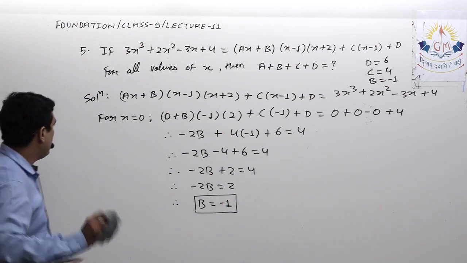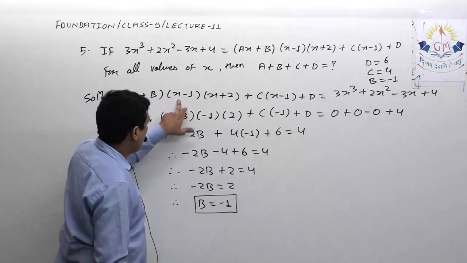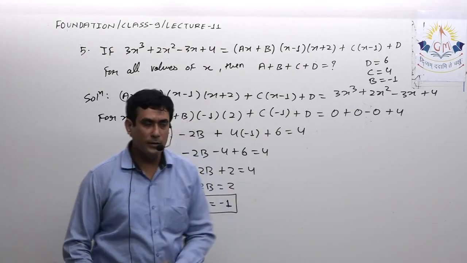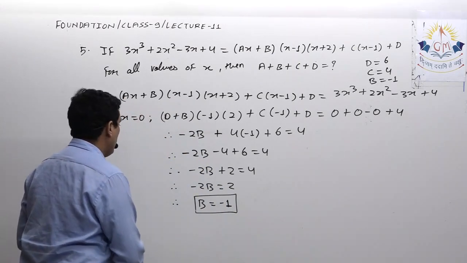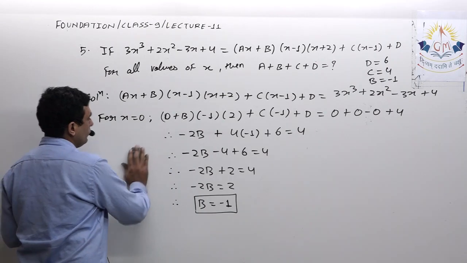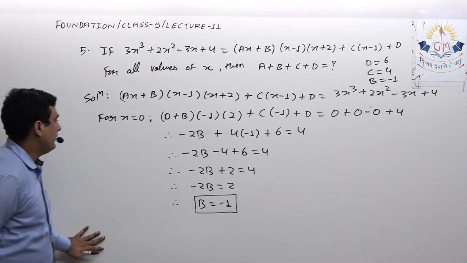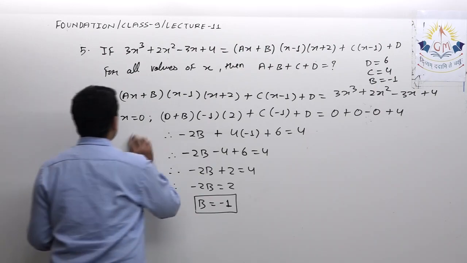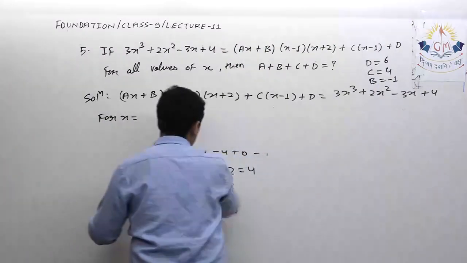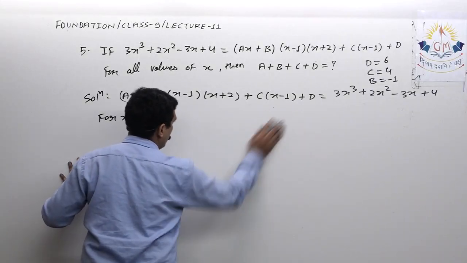Okay, so I think if I put x equal to 2, this will be easy. Even though I can put x equal to minus 1, but minus creates a little bit of confusion. So to avoid that confusion, it is better to go with x equal to 2. So I hope you noted down this. Now I will continue with this x equal to 2. The values of b, c and d I have already with me.